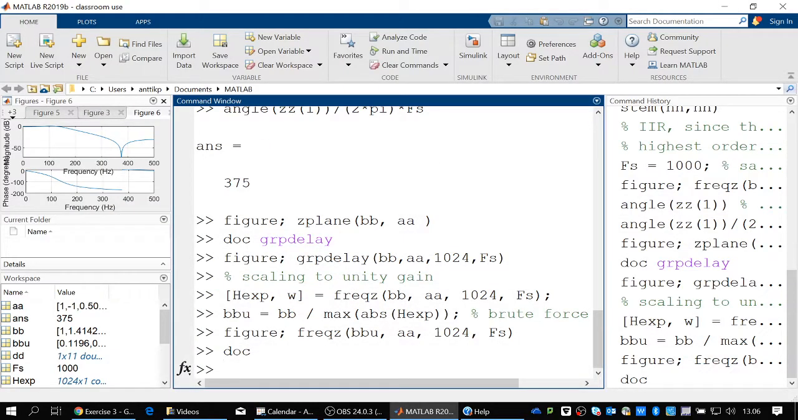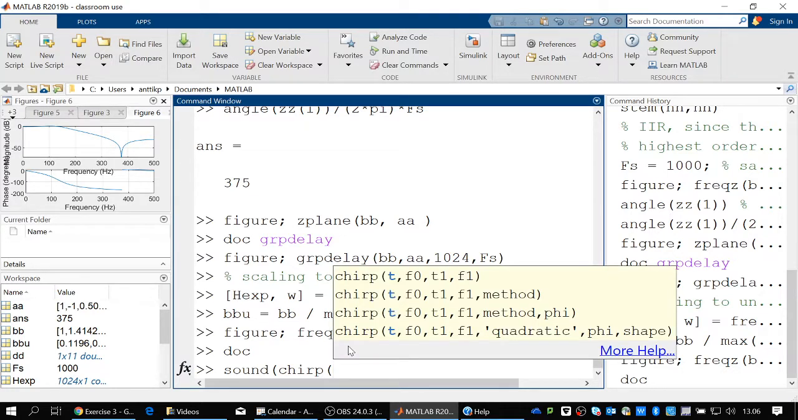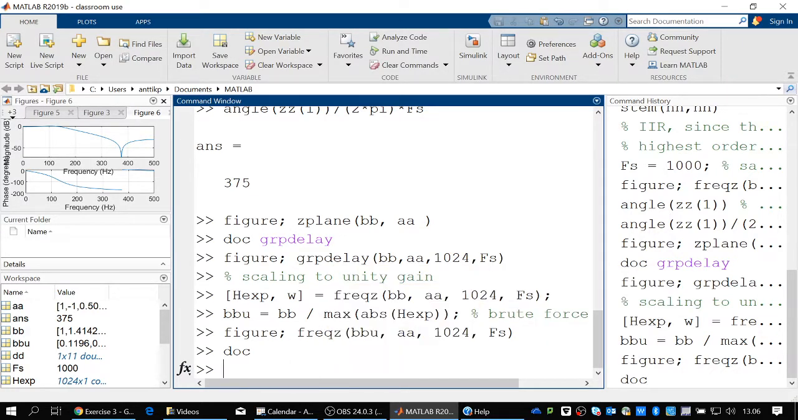So for example, let's see, how does it sound? Chirp. Now I'll show you something: how to make longer